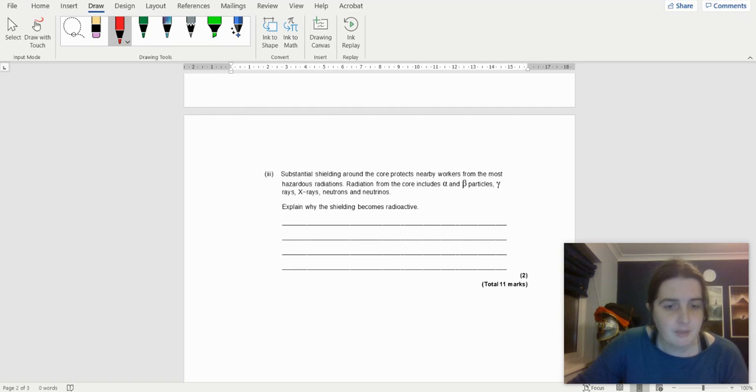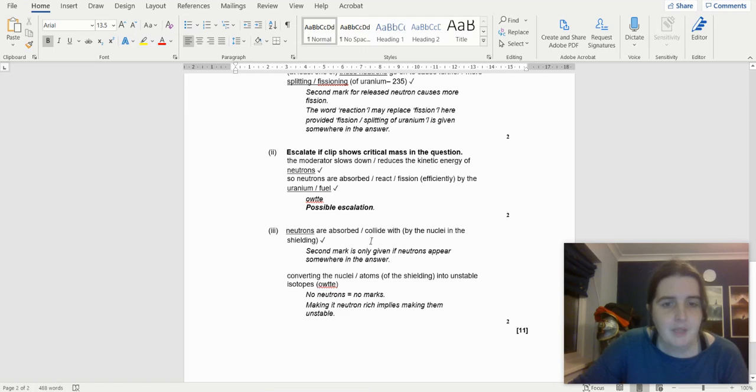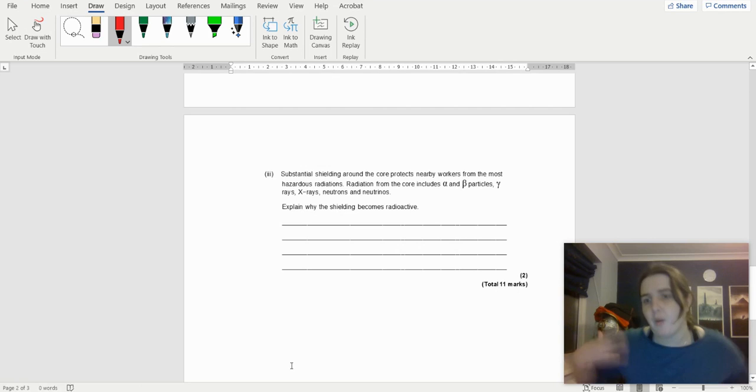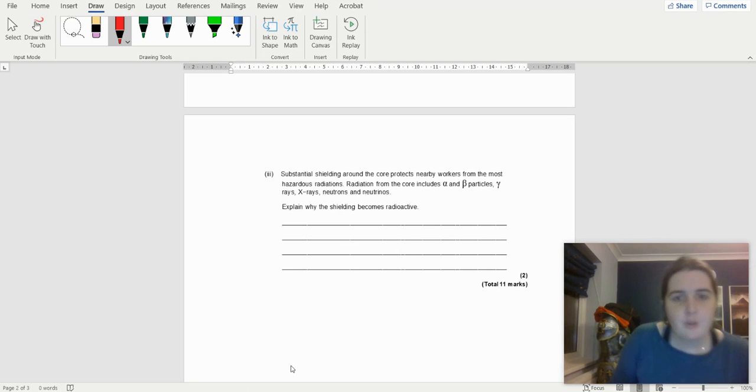So if you look at the mark scheme here before I write it down, it says neutrons are absorbed by the material, converting the nuclei into unstable isotopes. So let me explain that and actually put that into the way I would have put that into an exam question. Explain why the shielding becomes radioactive. So to become radioactive, it means elements in the shielding